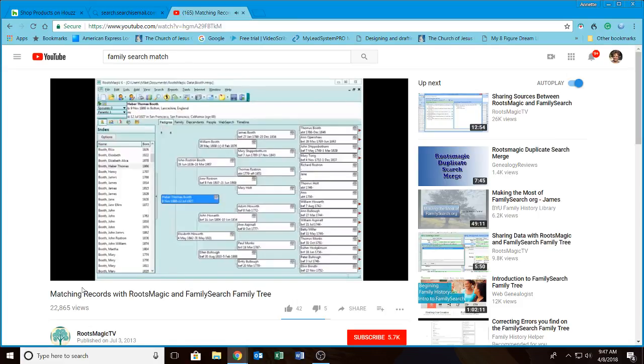So, let's see how this works. First of all, you'll notice that each little tree next to each name is gray. Now, if you don't have those gray icons, look at the other webinar on getting started with FamilySearch Family Tree, and we show you there how to turn those trees on if you don't have them. But if you see a gray tree, that means that that person is not matched up with FamilySearch Family Tree, and that's a problem because